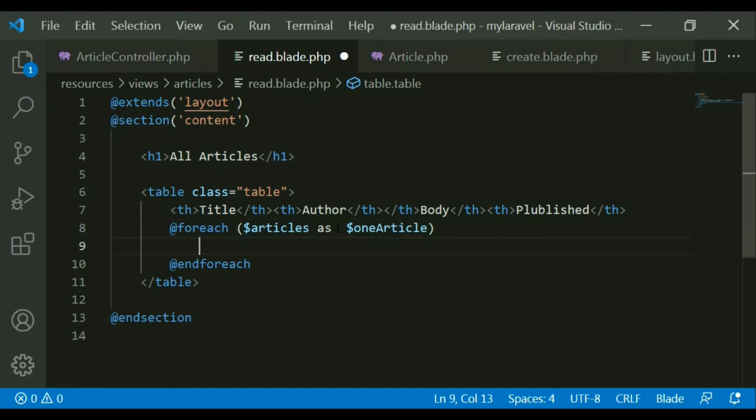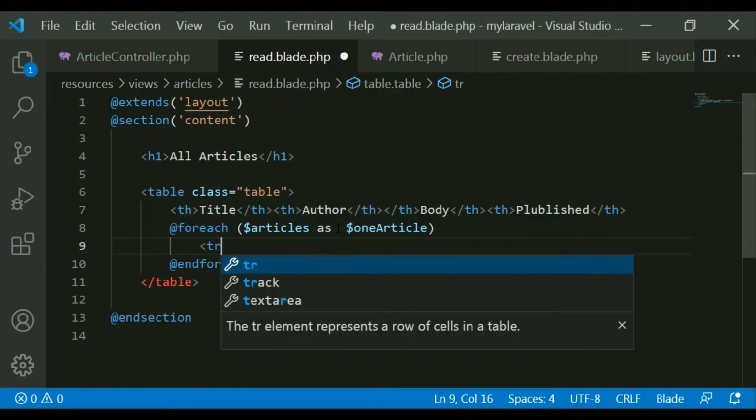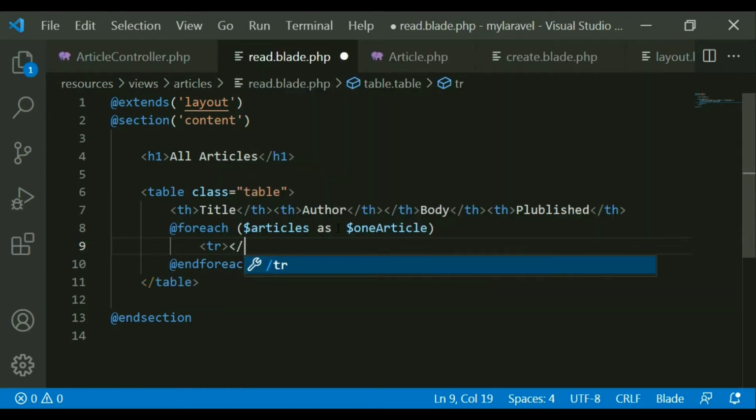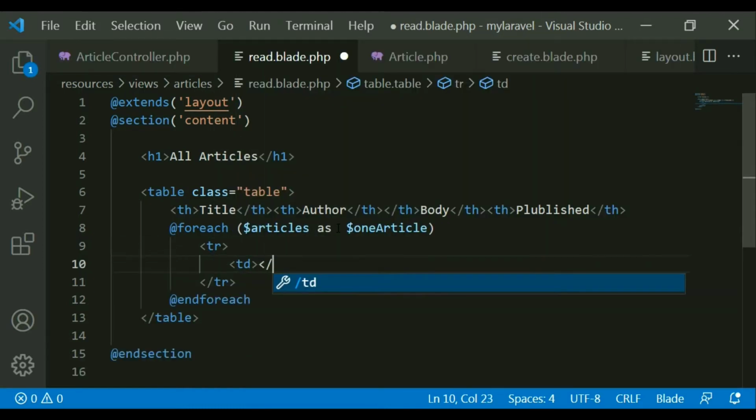Okay, here I can write my tr and tr close. So tr close, and first is my title. So I want to print the one article, this one, and the title. That's it.